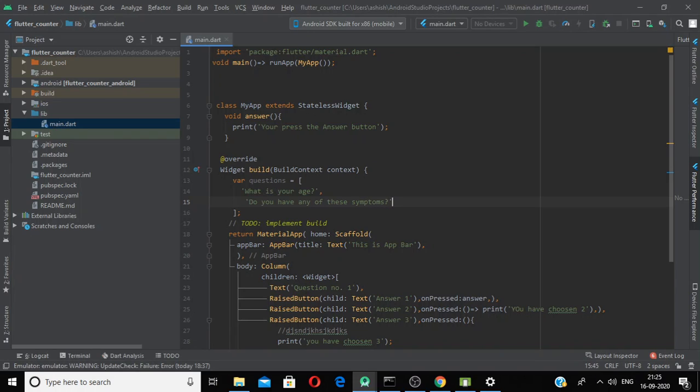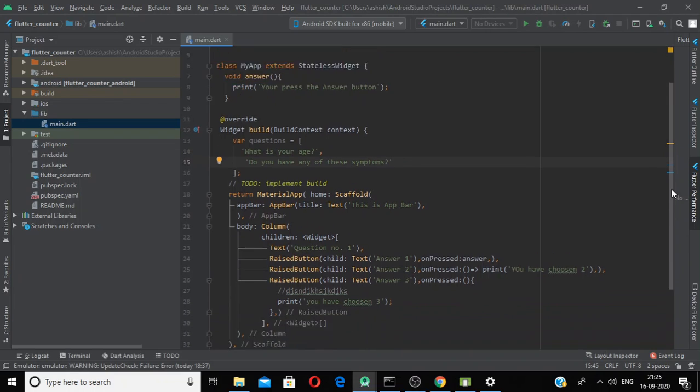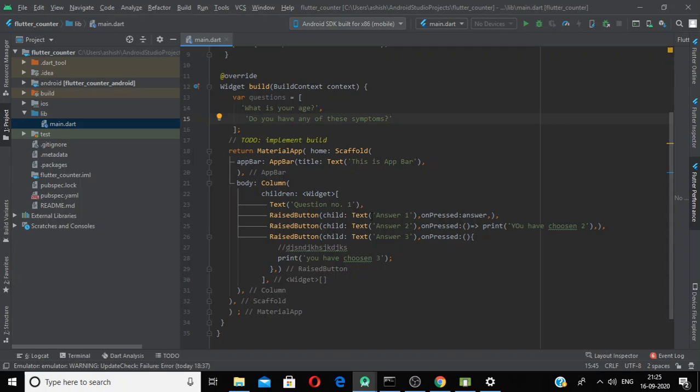So here we have two questions in the list, and the idea is that whenever we answer question number 1, whenever we press the answer, we will have another set of questions.